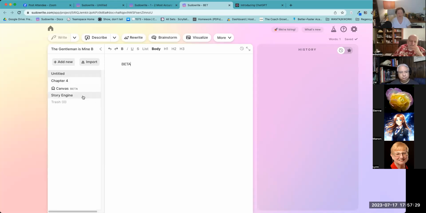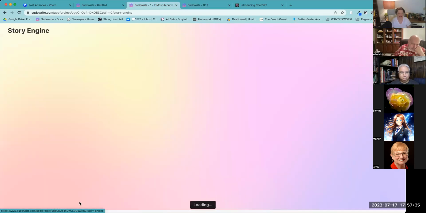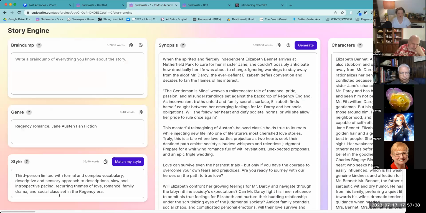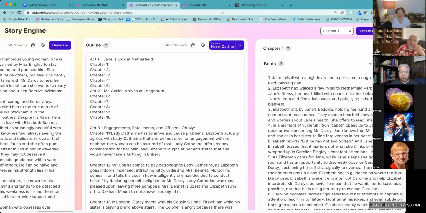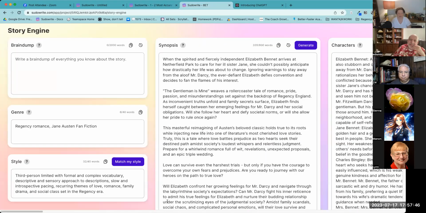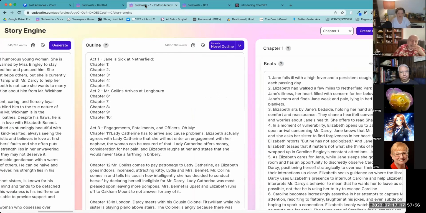There's one document. If I go to the story engine though, it's a different story. So these 2 documents, the story engine actually matches word for word what's in style, synopsis, genre, characters, and outline. They're both going to completely match. So you'll see how this outline also has nothing here because I already wrote those and I was working on Act 3. The reason I will run 2 story engines sometimes is because while one of them is running Prose,